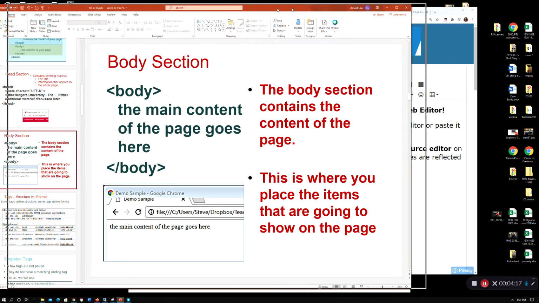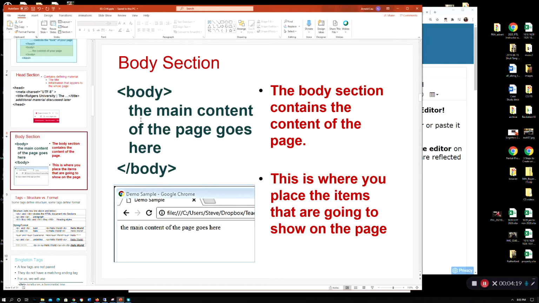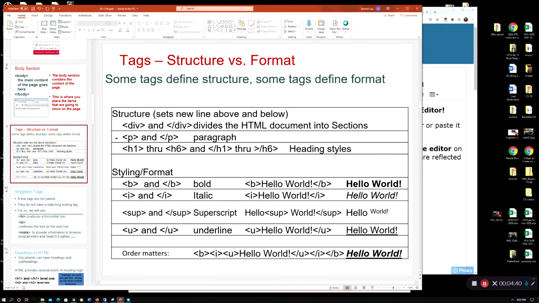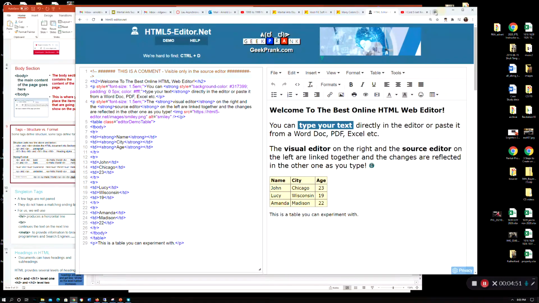Then you go into the body, and that's where whatever you see on the page is going to be. The main content of the pages goes here. That's what the body means. That's really where you're going to be working most of the time. And these are just different examples of different tags. These are pretty easy to look up, so you can look them up in your resources, and I'll pull that up for you. If you go into a browser here,